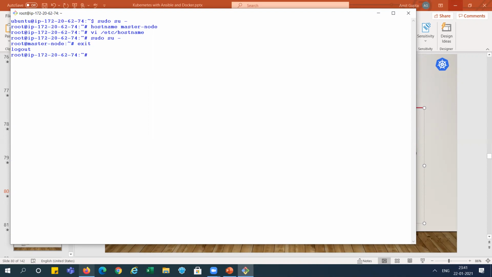I'm saving it. Now, again, I am taking sudo. You can see it is showing master node now. We can easily recognize this, right? So we have done this. I am just exiting from this place. Now I log out and let me do it again.